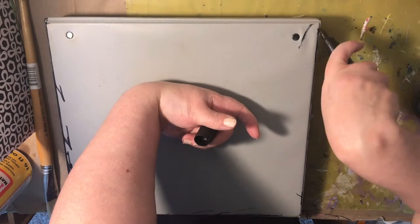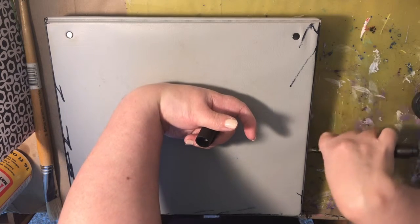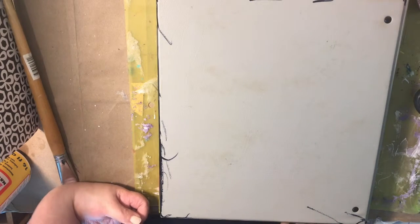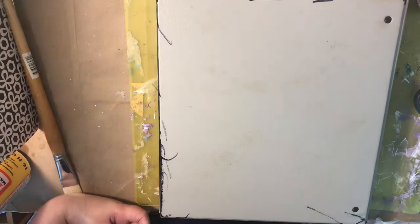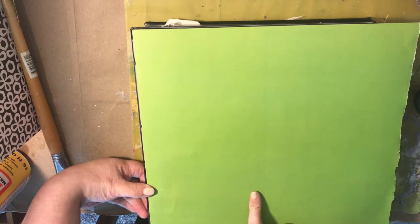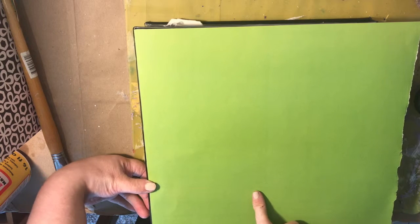I'm going to go around the whole book, and I'm not going to bore you with all of this because this is not very exciting, I'll tell you that. Okay, so now that that's covered and looks gross, let's make it look pretty. So I'm starting with the back. I've cut up all my scrapbook paper to size already. And what I want to do is glue the back down, and line this up and make sure that my black border is...